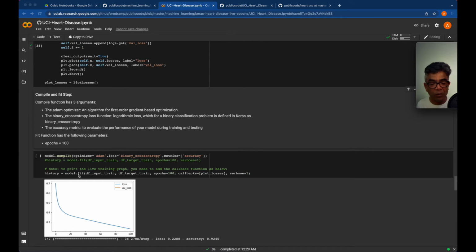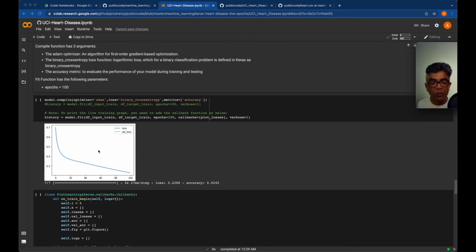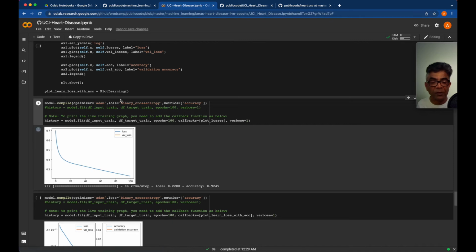Next we are starting the training. That's model.fit. We are giving our input data and target training data. These two are the training data, and we are asking the training process to perform 100 epochs. At this point we are using the callback function to plot loss. This will call the plot loss function, which provides the real-time training loss progress as we progress, and verbose means show the log to us. Let's run this process,